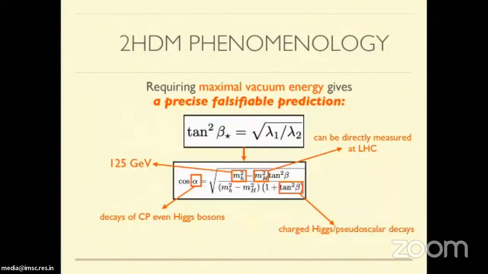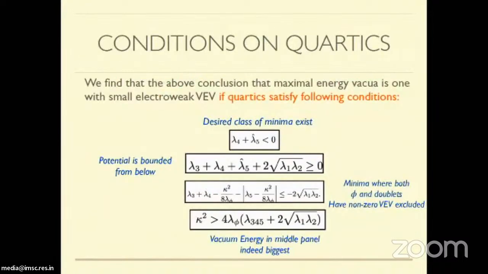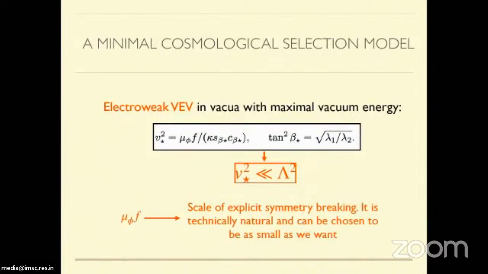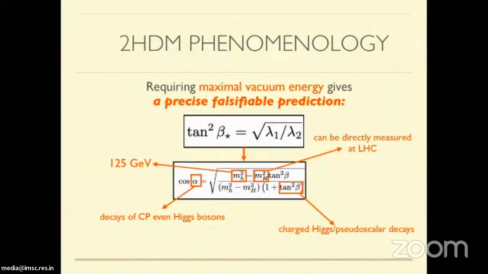So very quickly, the one thing I wanted to say, to connect to some experimental facts, is this condition. As I said, I was maximizing with respect to V1 and V2, so that gave me a condition where it is maximized with respect to V and also tan beta, because V1 and V2 are two parameters. So our model gives a prediction for what tan beta is, and that it can be experimentally verified. So this condition that the vacuum energy is maximized at this place can be turned into this equation